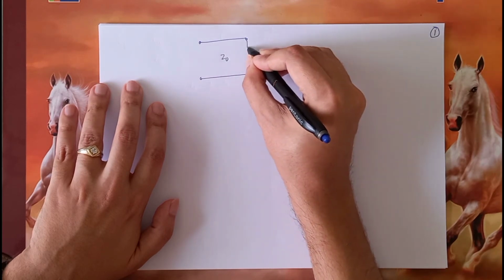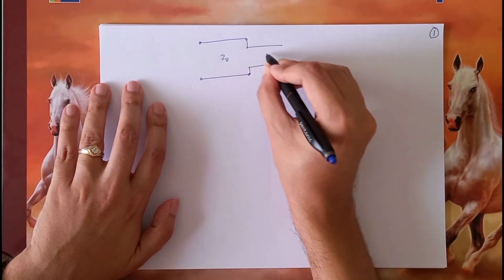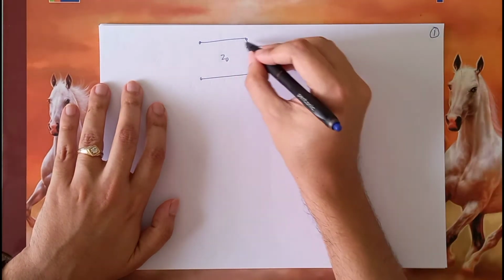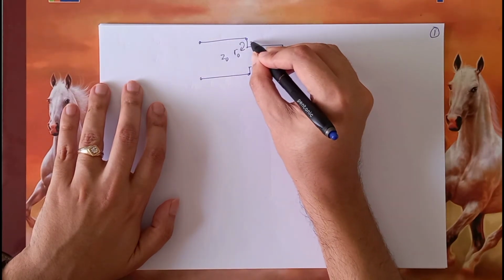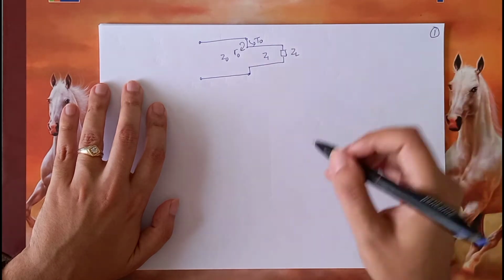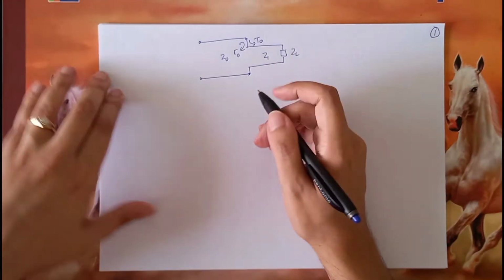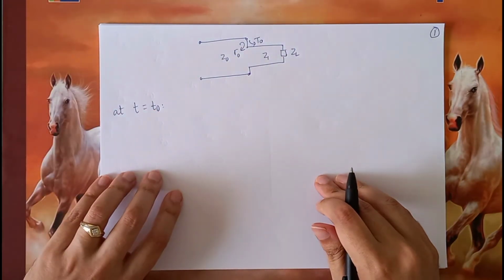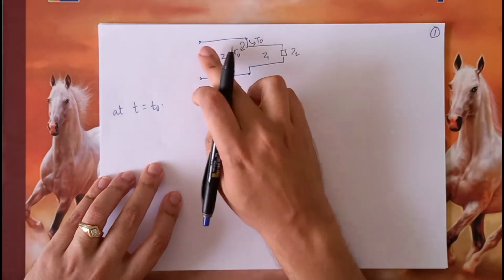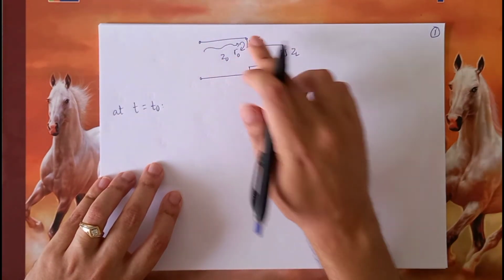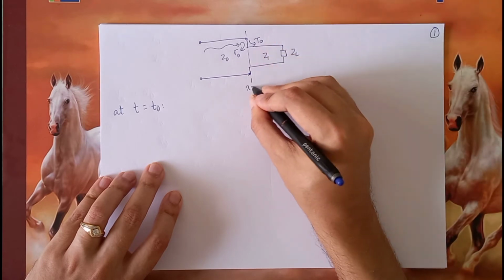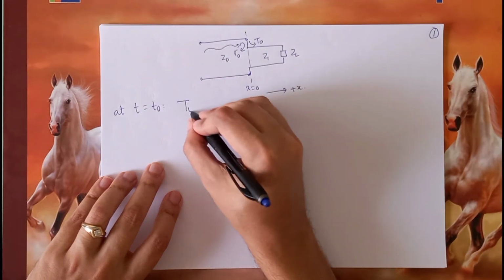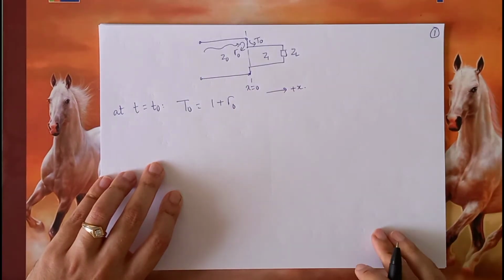There's a Z0 line, there's a Z1 line which is the quarter wave transformer, and there's a load ZL which is real. So there was this reflection coefficient here, gamma 0, and a transmission coefficient that is T0. We had proved that at time t equal to T0, that is, at the time when the wave going right hits the boundary, that is x equal to 0, and this is positive x. At this time, we had said that T0 is equal to 1 plus gamma 0,